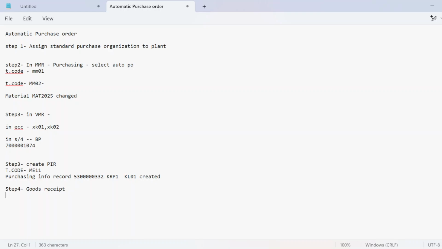But sir, if we are not making the PO to save time, creating an auto PO takes more time, I think. No, how is it going to take more time? PO creation doesn't take much time. Whatever I'm doing, I'm explaining. Otherwise, I could have done it in 5 to 10 minutes. The time is in sending the PO to the supplier and getting it back, then he sends the acknowledgement, and only then does he send the goods.